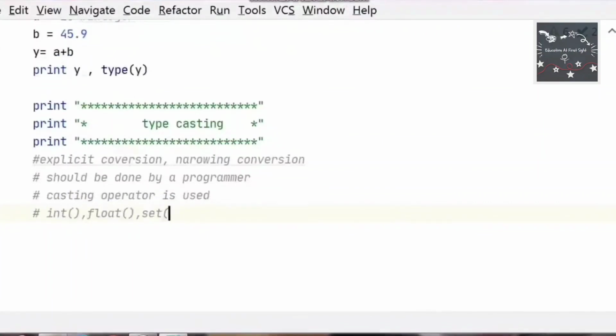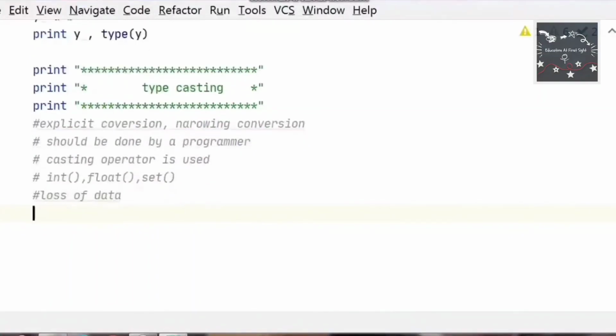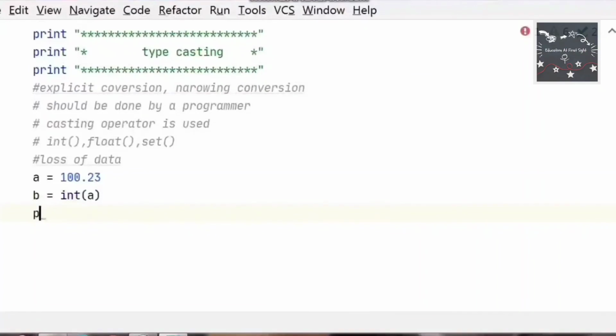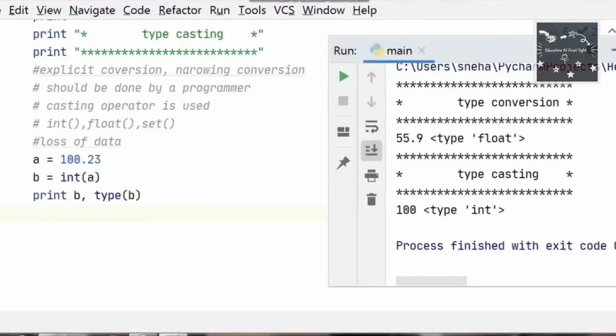Examples are int, float, set. There is also a loss of data. Now we will convert float into integer. I am assigning 100.23 to a variable named a and using a casting operator, I am converting float to int. Let's print the value of b and the type of b. Since there is a loss of data, the value is 100.